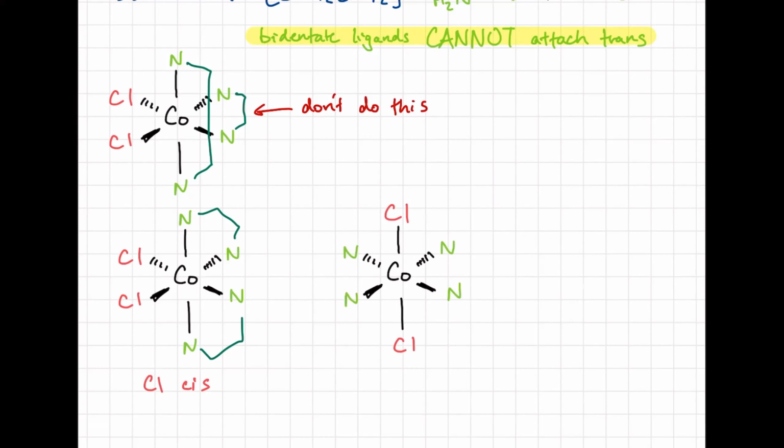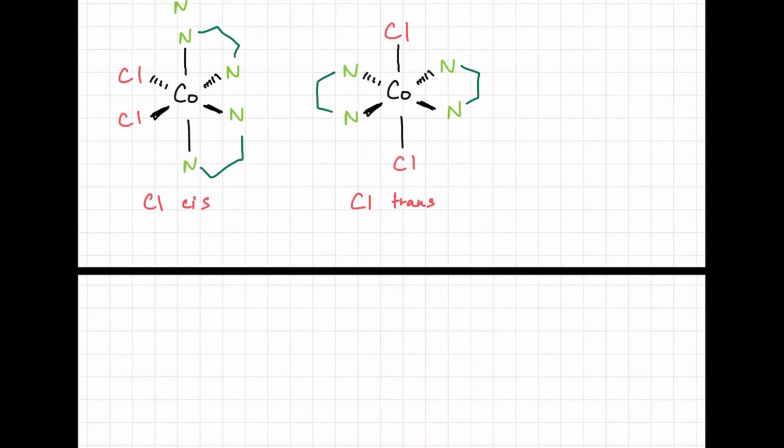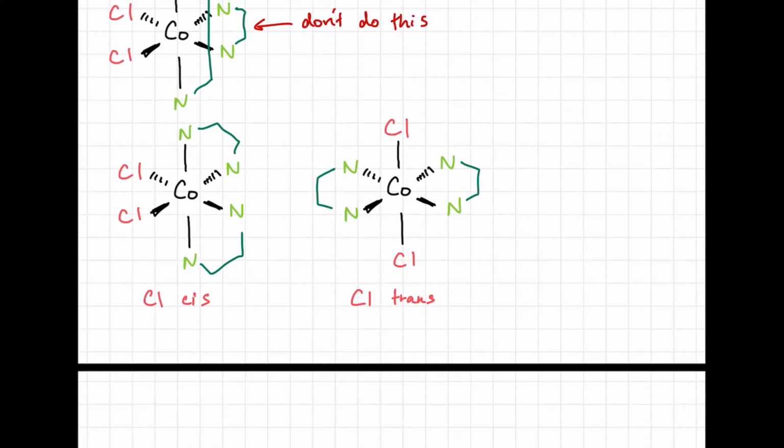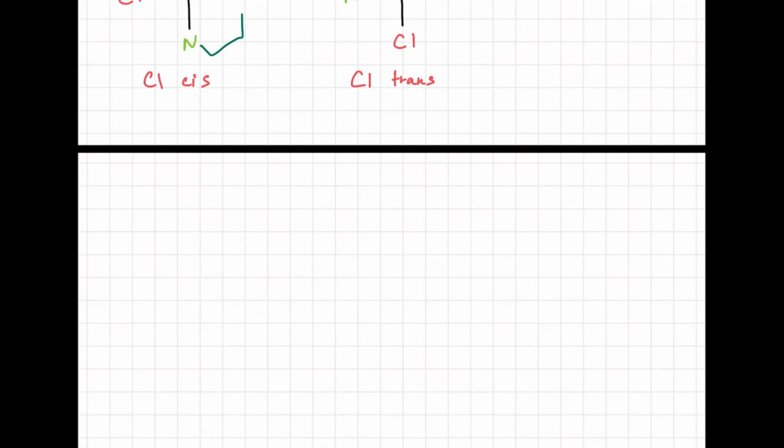And again, be sure you do not do that. You have to do something like this. And so you could label this Cl trans. This is kind of the first part. I don't think this is too confusing, like what the difference between cis and trans is. I think the big question comes from what optical isomers are and how do you know if something has optical isomerism. So